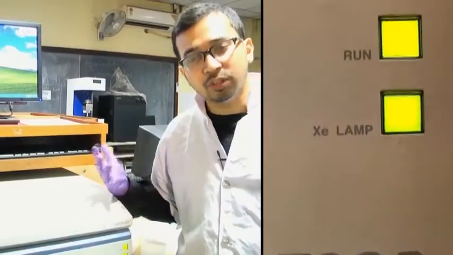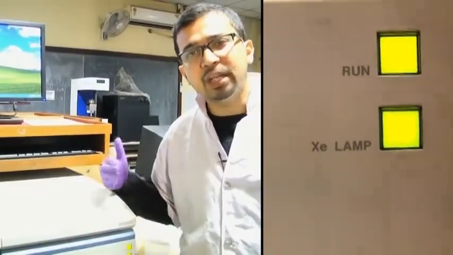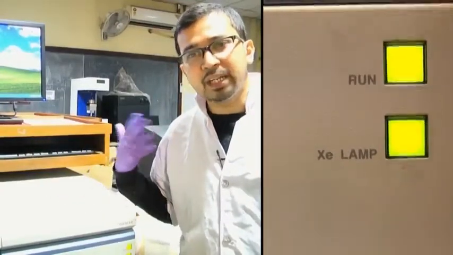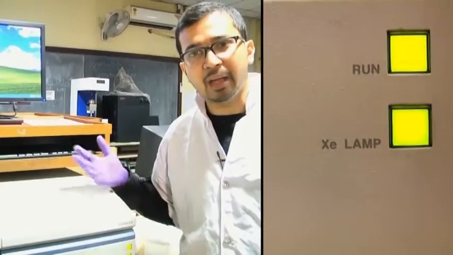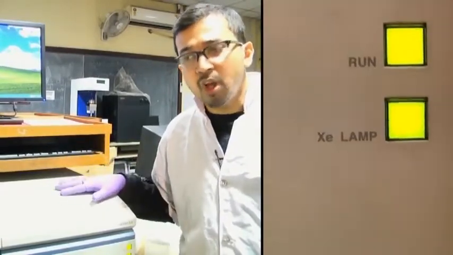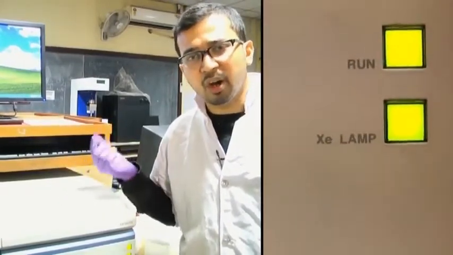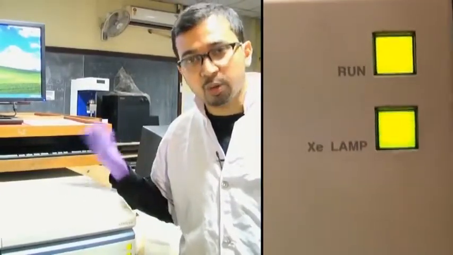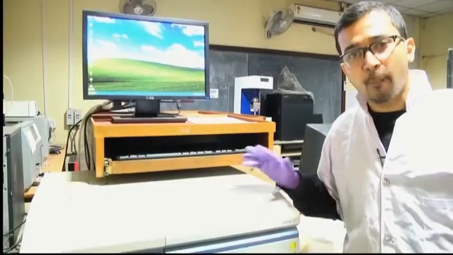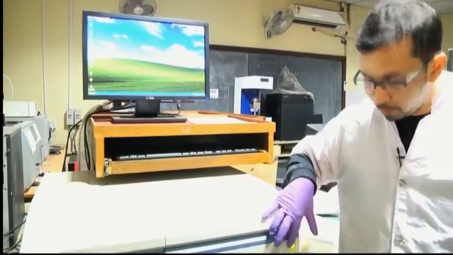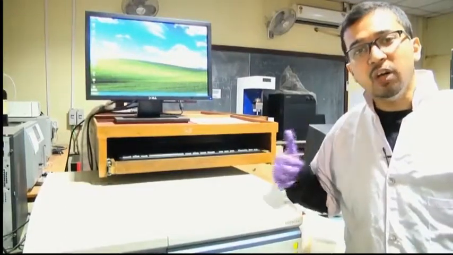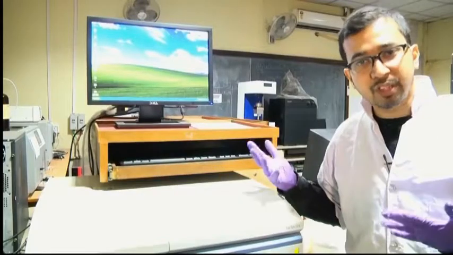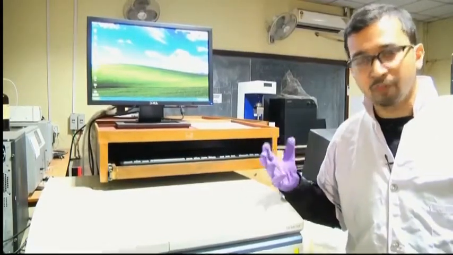Basically, when we turn on the lamp of the instrument, the lamp gets heated from time to time while it is lit, because once we light any lamp, we always know that it gets heated up and it heats the other parts of the instrument. Many crucial and small parts in this instrument might be affected when heated to a very high temperature. In order to compensate for that, there is this RUN part, which symbolizes the fan. The fan makes a sound, so we can understand that the fan is running, a sound like a common fan.